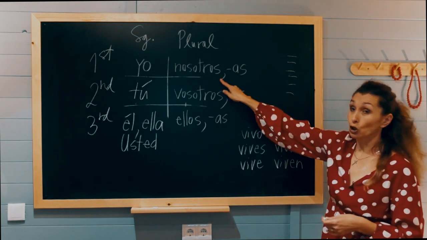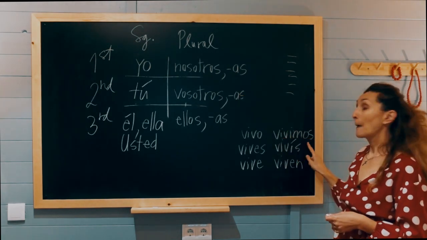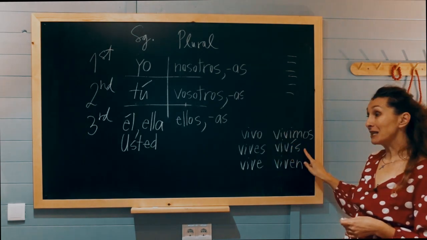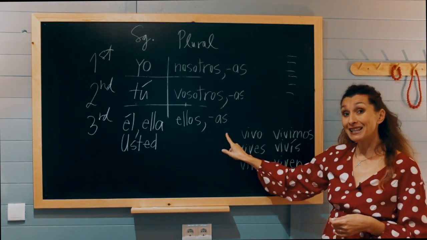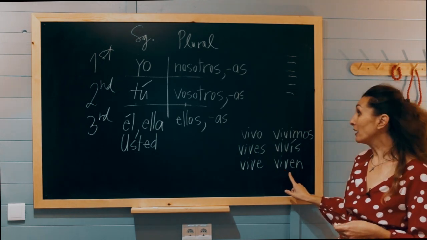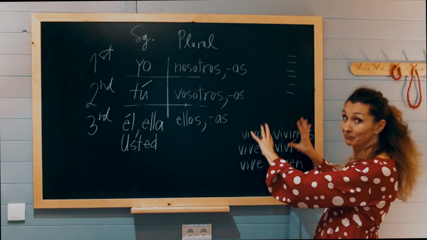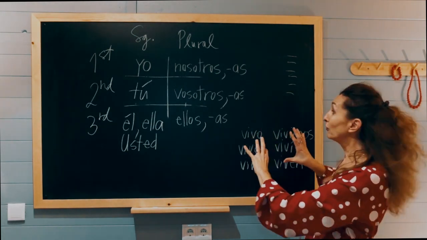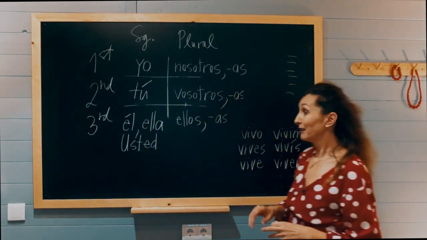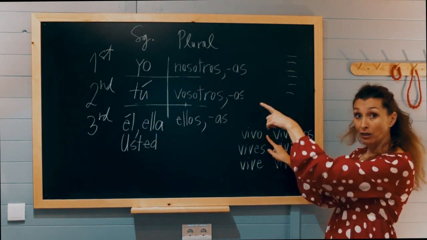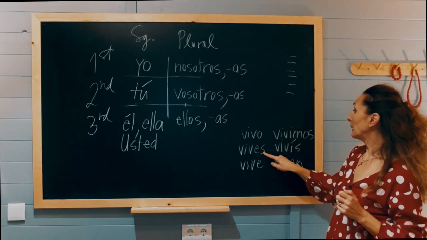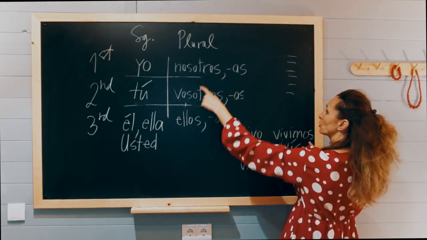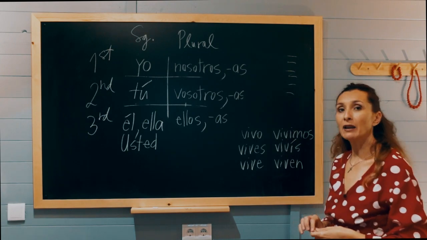Then, nosotros o nosotras vivimos, vosotros o vosotras vivís, and ellos and ellas viven. Okay? So if I were to take somehow magically this grid off, if I could just peel it off and then place it here, vivo would be with yo, or on top of yo, vives with tú, vive here, vivimos, vivís, viven. Okay? So these two